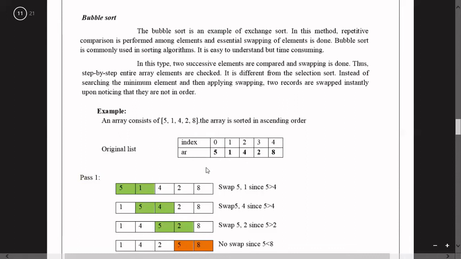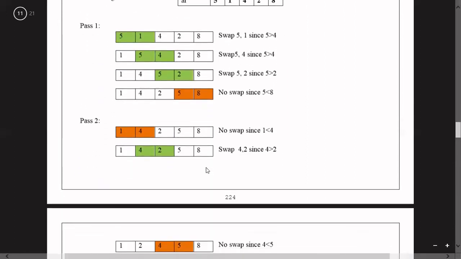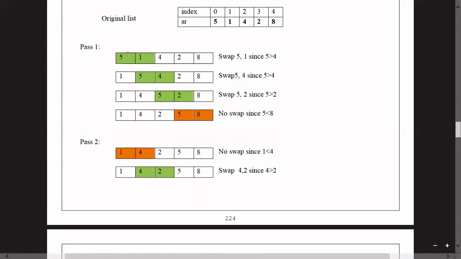First we select the two successive elements 5 and 1, and we swap them, because 5 is greater than 1. After this, in the second iteration, the next two successive elements 5 and 4 are taken. 5 is greater than 4, so swap 5 and 4.